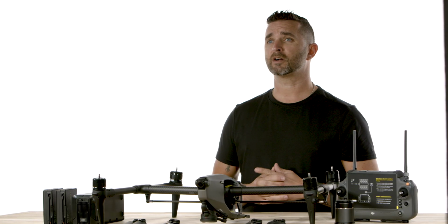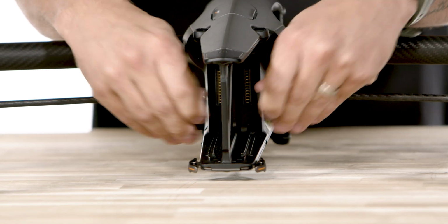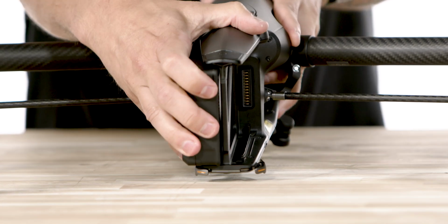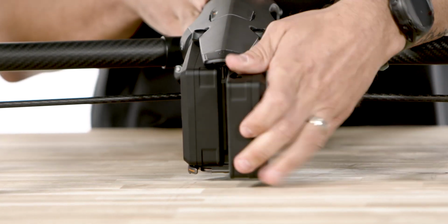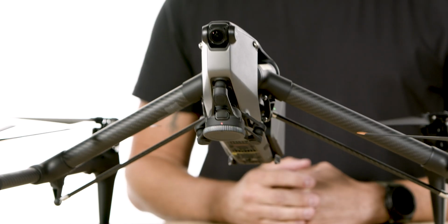Once your batteries are charged, you can go ahead and insert the 2 batteries needed in the drone. Remove the protective covers from the aircraft battery compartment before inserting the batteries and make sure they are firmly mounted. Next, click the power button 5 times to enable the landing gear, which will raise the drone up